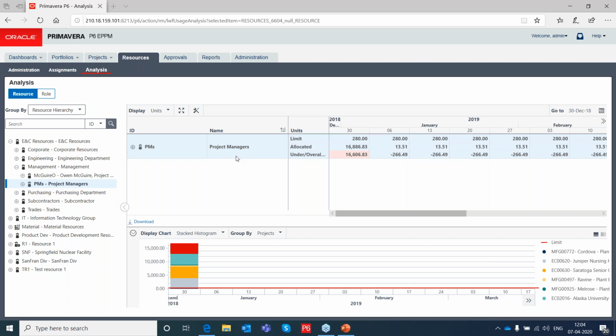We have another question. Is it mandatory to publish the project after actuals are tracked? Ideally, when you want to have the resource utilization to be seen across the project and at the enterprise level, you need to publish the projects after the actuals are tracked.